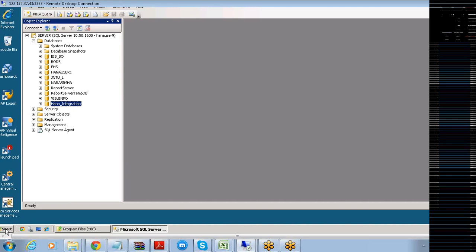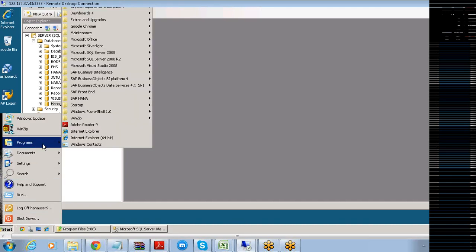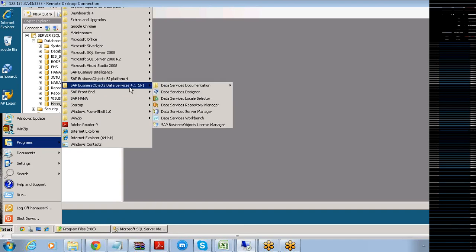Right now it is blank. Select this one. Business Objects Data Services Repository Manager here.